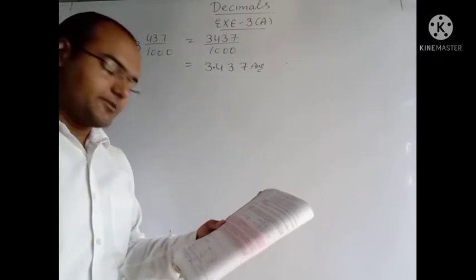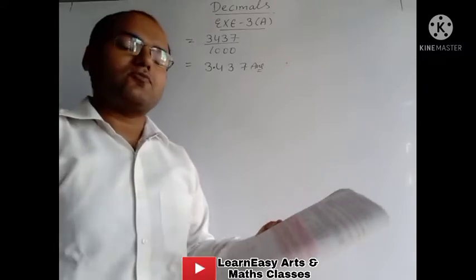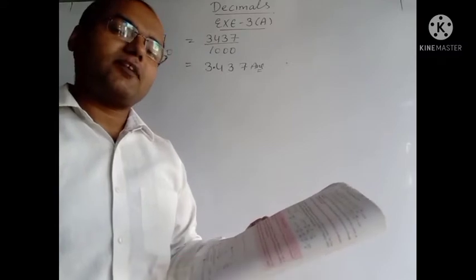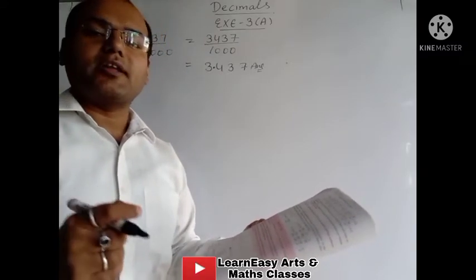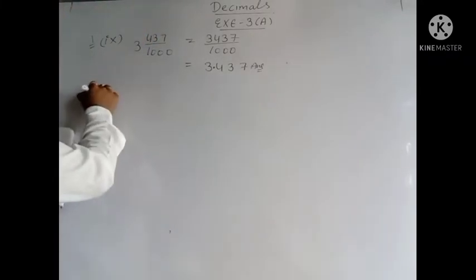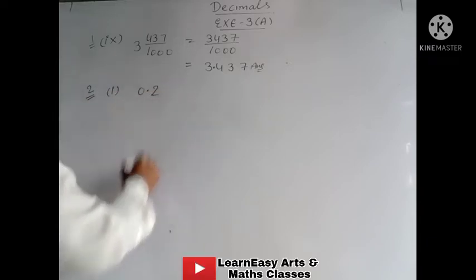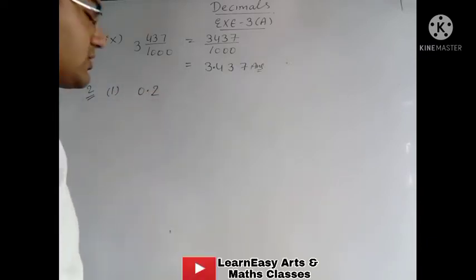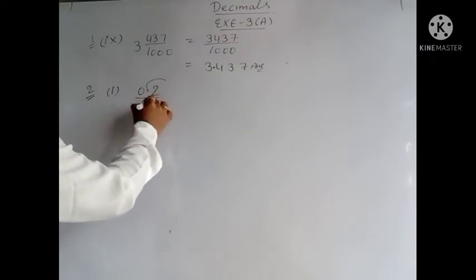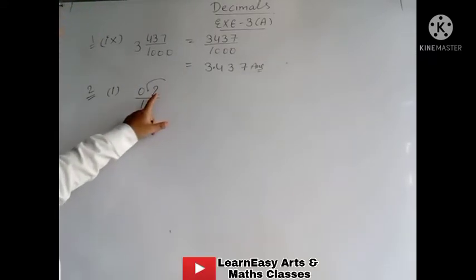Now question number 2. Write the following decimal as a fraction in its simplest form. So decimal numbers are given in this question. First of all you have to write in fraction form and then you have to convert it to simplest form. So double work we have to do. First of all, second question, part number first, all of you see 0.2 is given. First of all we have to change it into a fraction. So what we will do, this point we have to remove and in the denominator we will take 10. Why will we take 10? Because after the decimal on the right side 1 digit is there.